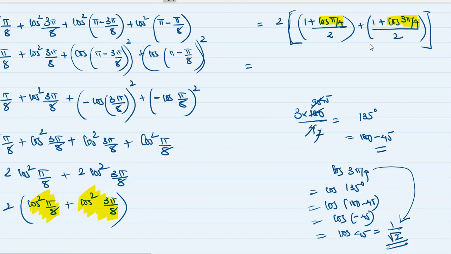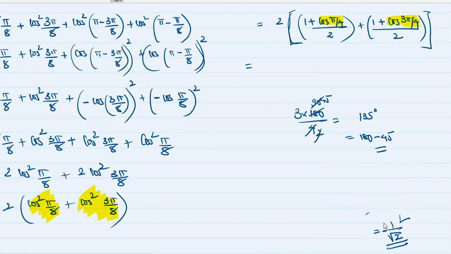There is one mistake over here. In second quadrant, cos is negative. In second quadrant, cos is negative. So here I'm going to put the minus sign. Minus sign will be there in second quadrant. Cos of minus theta is cos theta, that is true. But we cannot write minus 45. We have to write minus of cos theta, because in second quadrant cos is negative. So this is minus 1 by root 2, not 1 by root 2.